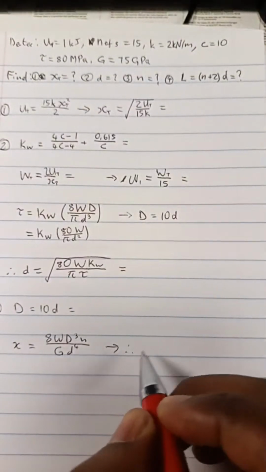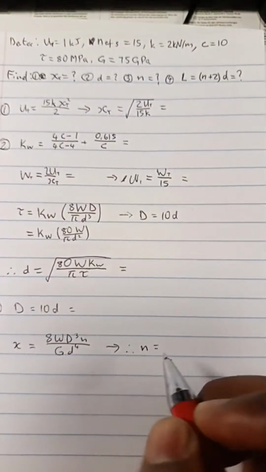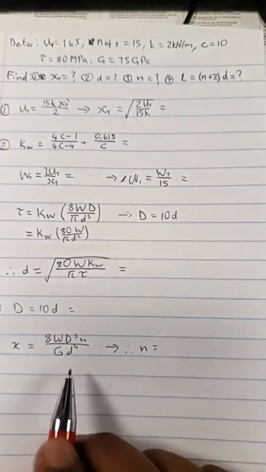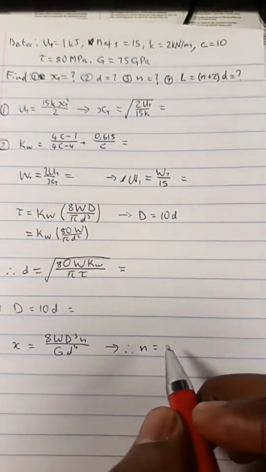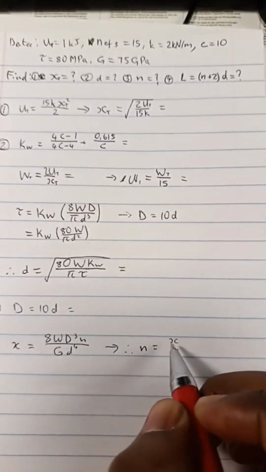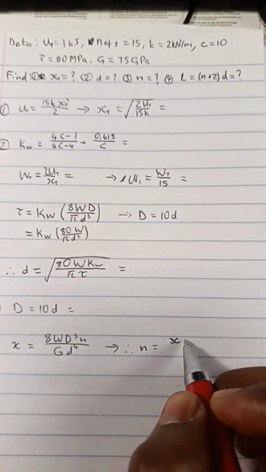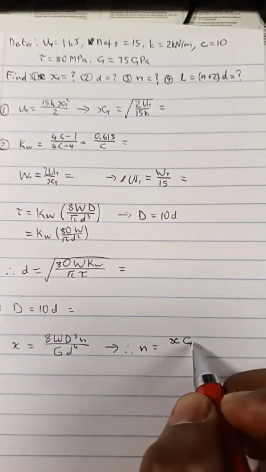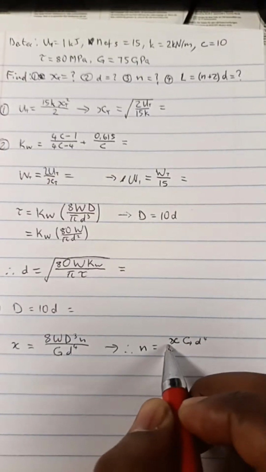So therefore N will equal, this and that will come and multiply, so it will be X times G small d to the power 4,